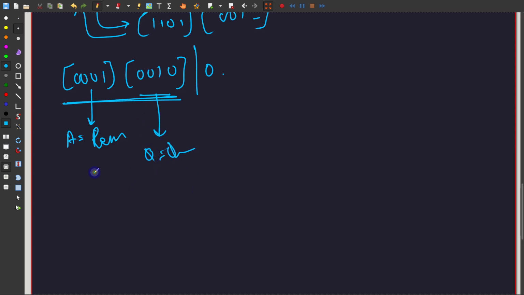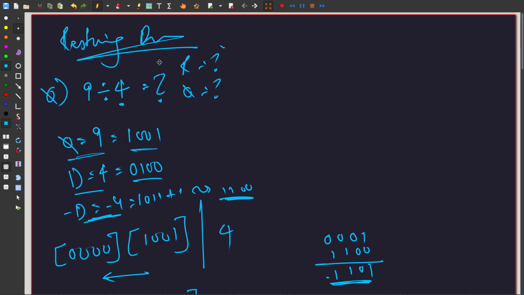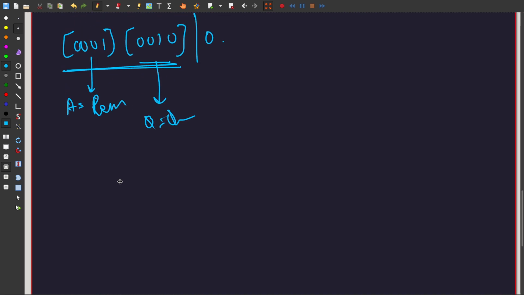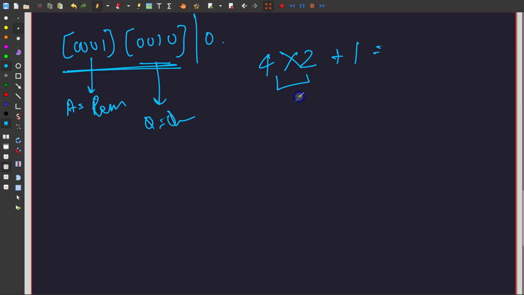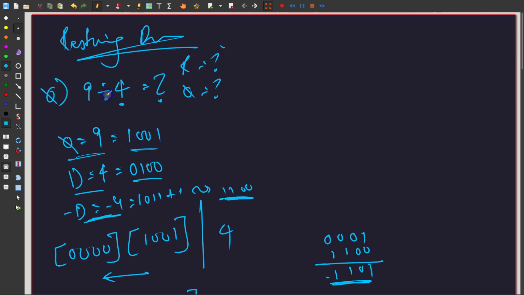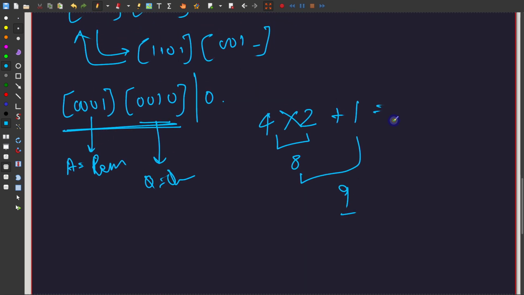Now let's perform our own verification. The divisor was a 4, so let me write that. So 4 multiplied with, what is this value here? Let's look at the quotient. It is 0010, which is 2. If I add, what is this remainder? Remainder is a 1. So 4 times 2 is an 8. 8 plus 1 is a 9. Now if you look at the problem that we had, we can clearly verify that yes, this is in fact correct. The value that we were dividing was 9, and we have got back our 9, and therefore